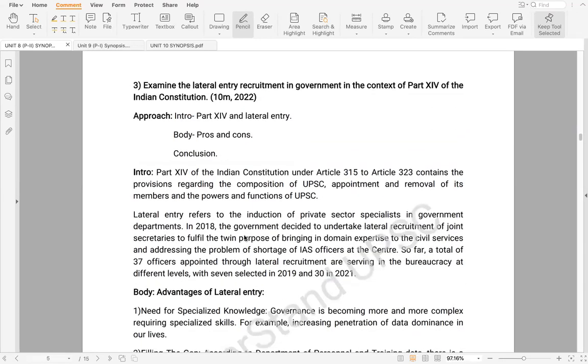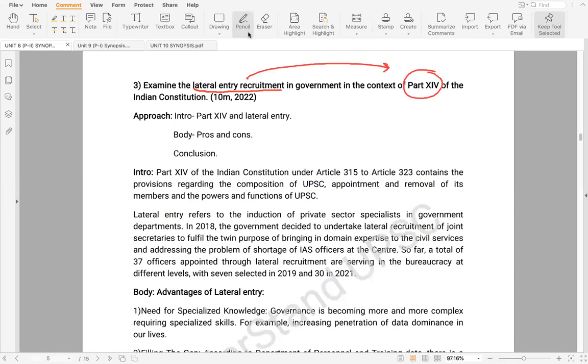Third, the question is in pertinence to the lateral entry recruitment, which was asked in 2022. Examine the lateral entry recruitment in government in the context of Part 14 of the Indian Constitution. Even if you do not know what Part 14 is, because of the nature of the question, you know that